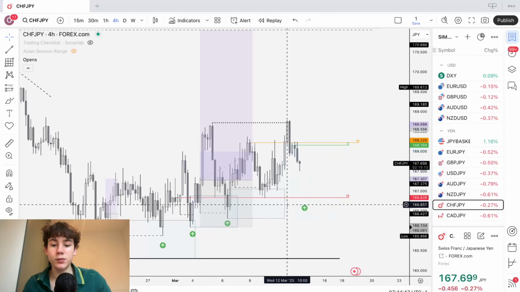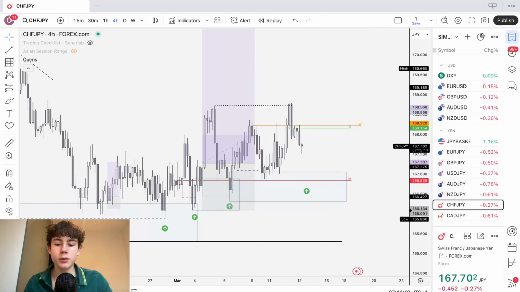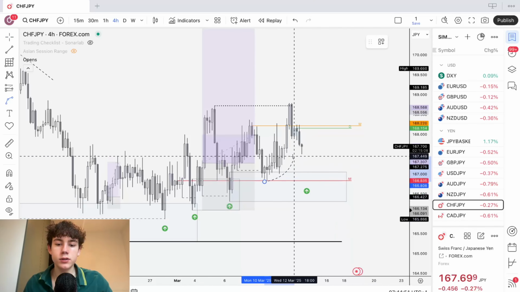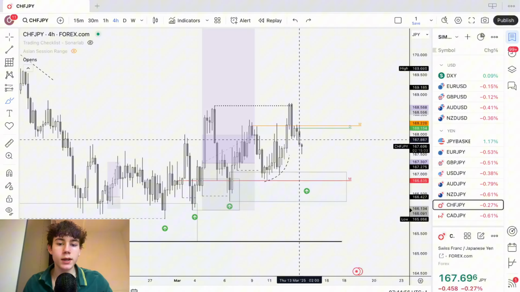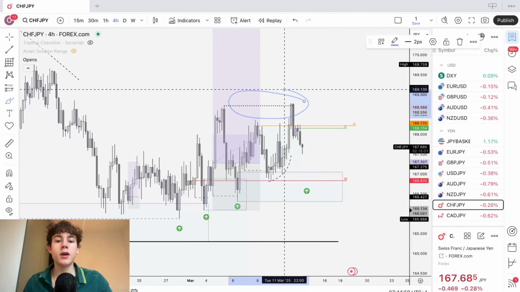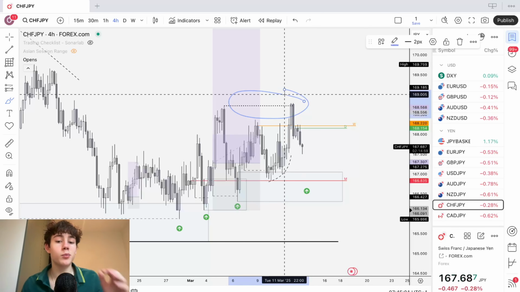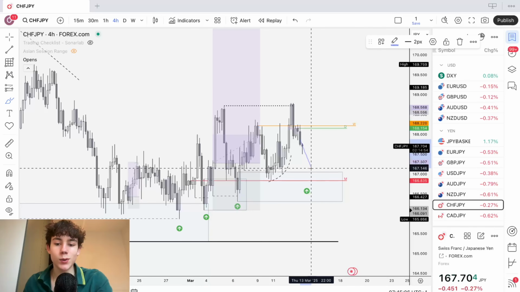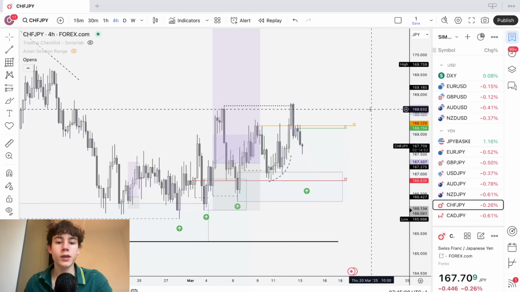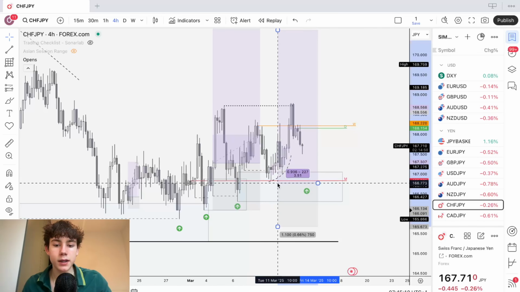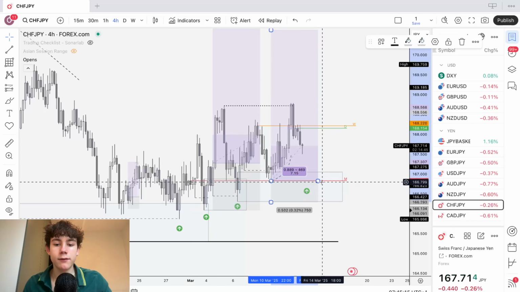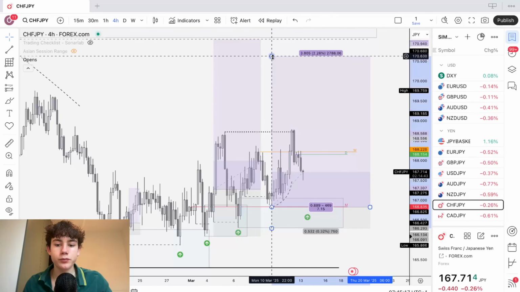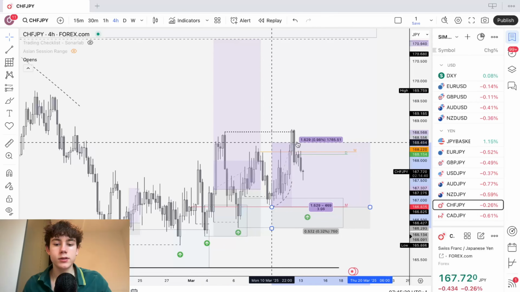What I can see though is that we have some liquidity laying under the lows, and we have a monthly open over here. So what I'm looking at is off that fractal. I know a lot of people are looking to buy at this moment in time, so I want to see them get swiped and then go long. So what I have is my entry kind of somewhere over here, my stop loss underneath this daily fractal, and then just trade up higher, right? So this is what I have,